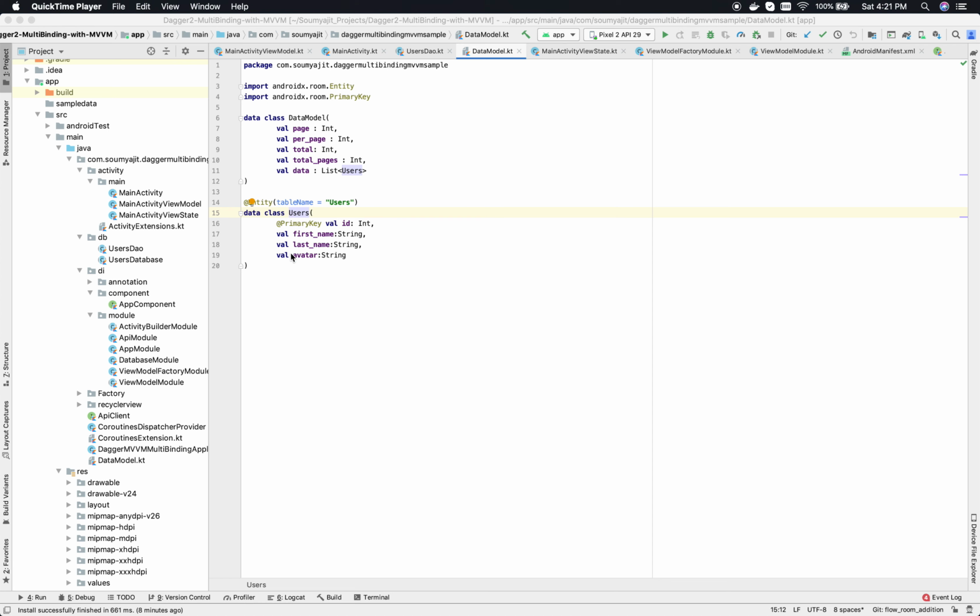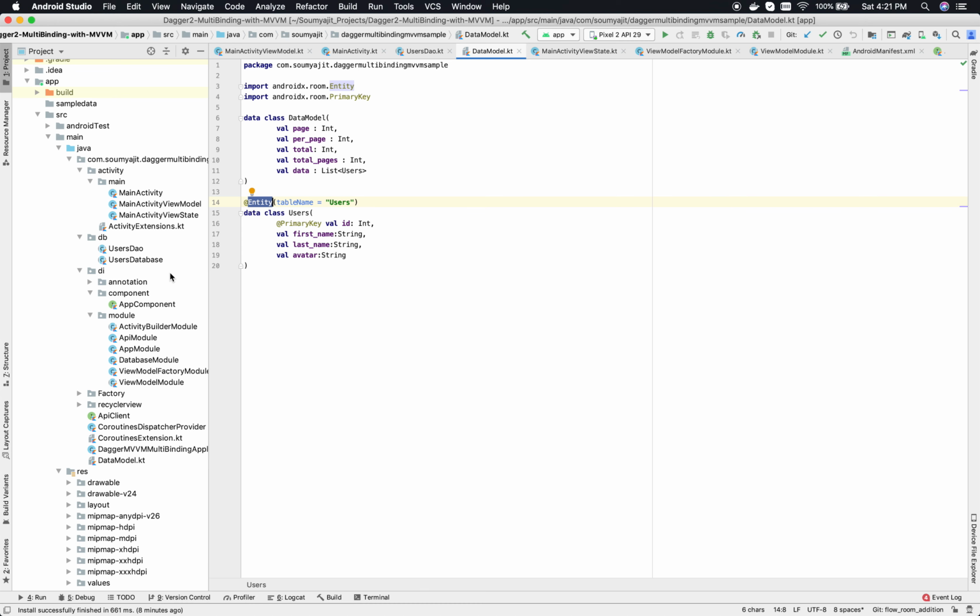If you notice, right now this is annotated with @Entity, and this keyword signifies that there will be a table in Room database named users.